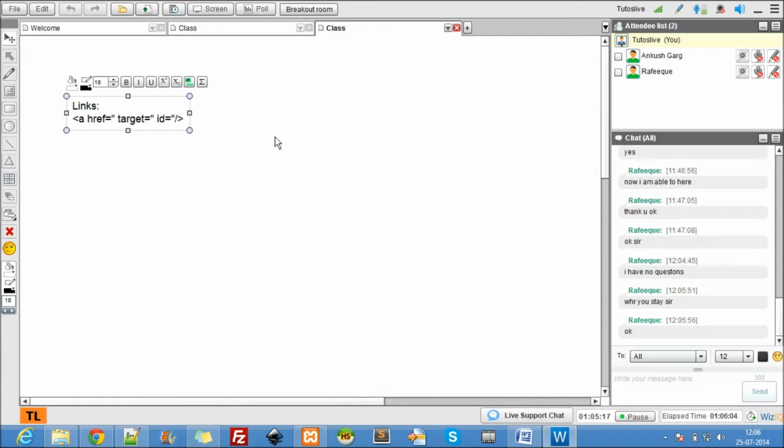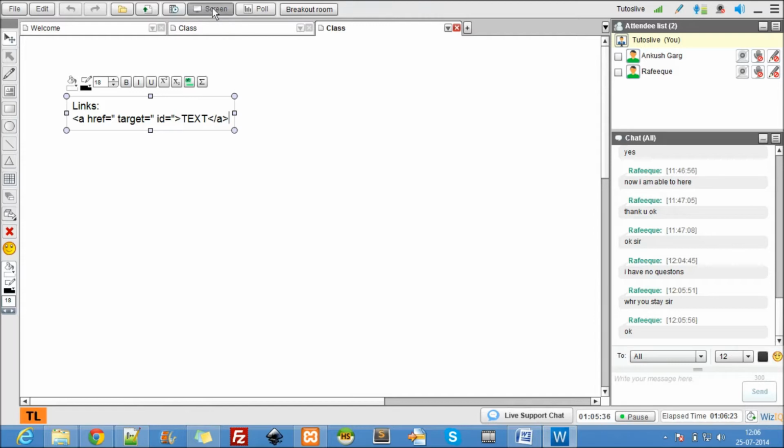So these are the three attributes for the a tag, and this is the link text. So this is the syntax to place links on the web pages.